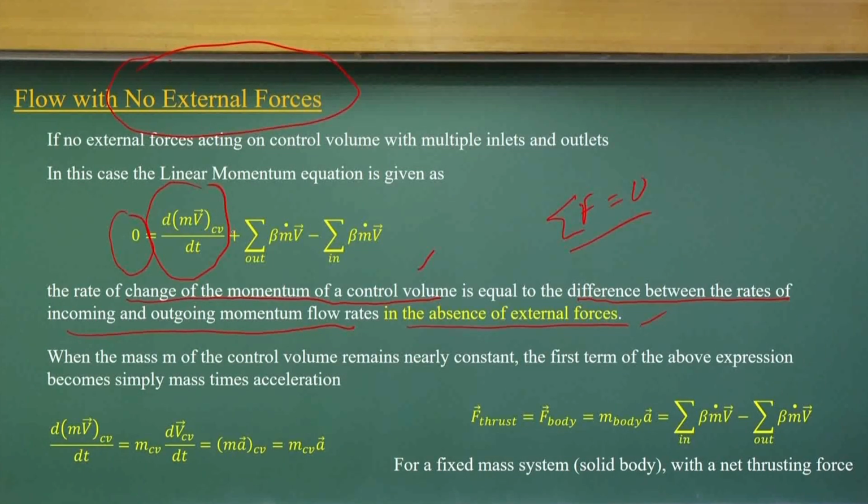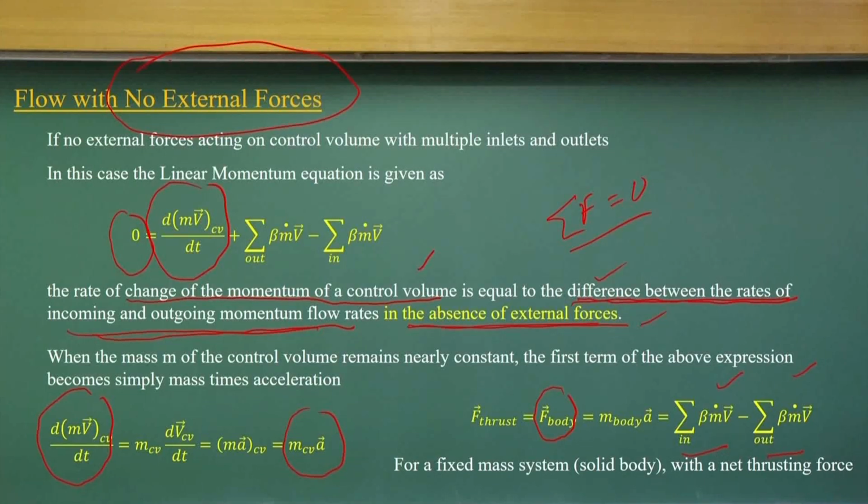So the problem becomes: the rate of change of momentum within the control volume is equal to the difference between the rate of incoming and outgoing momentum flux in the absence of external forces. If you simplify, the momentum rate of change is equivalent to the mass of the control volume times the acceleration component. It is just like a rigid body moving. So that force, m times a, will be equated with